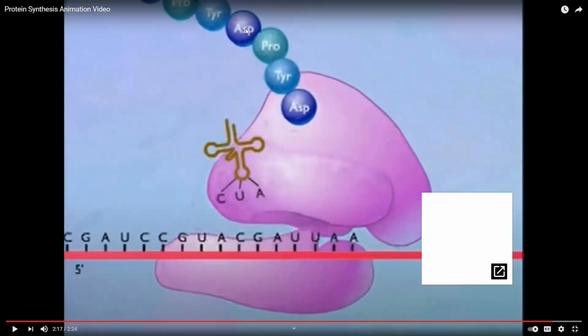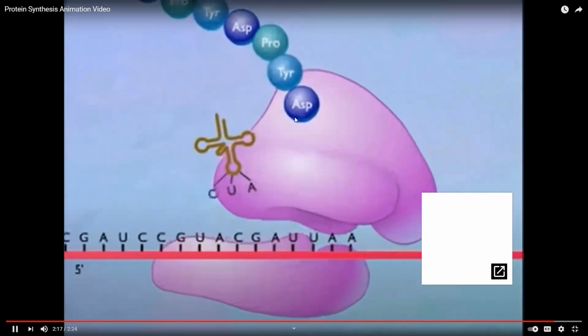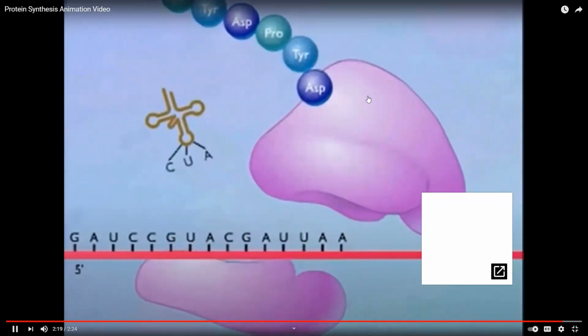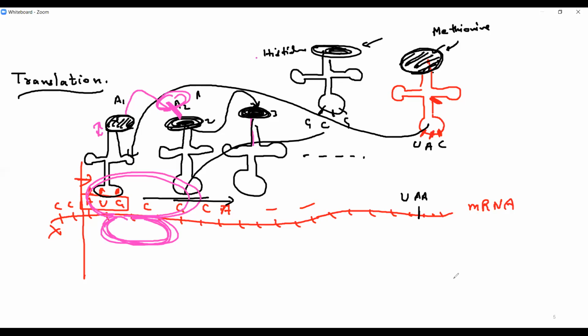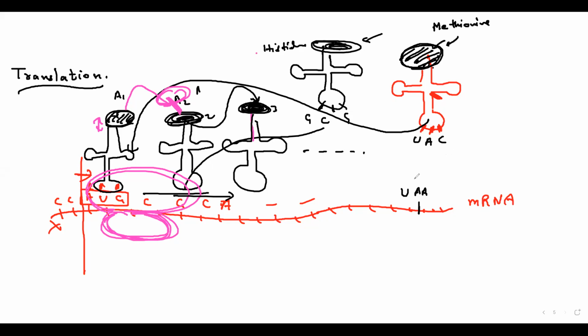Finally, the messenger RNA and everything is broken down, and finally the chain will be formed. So this is what we want, right? The chain is already formed. We want this chain only, the protein. So this is known as